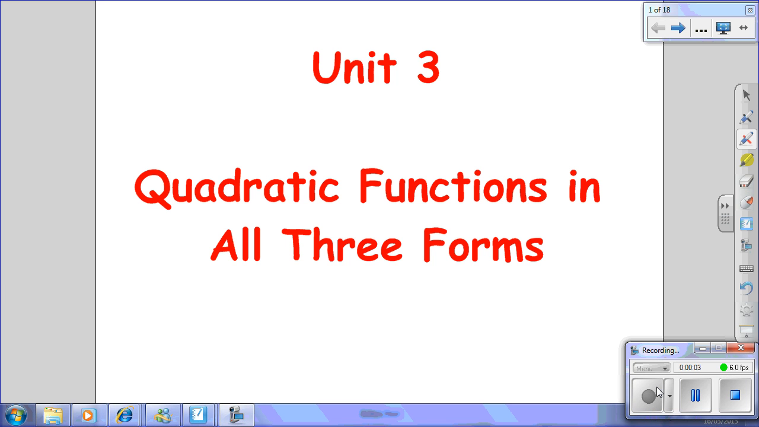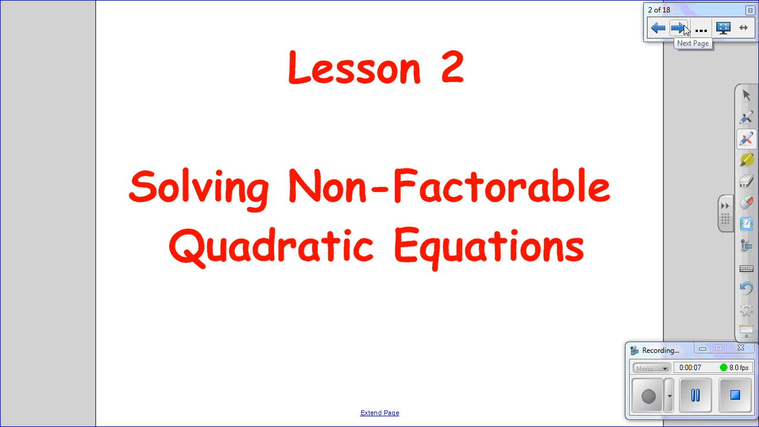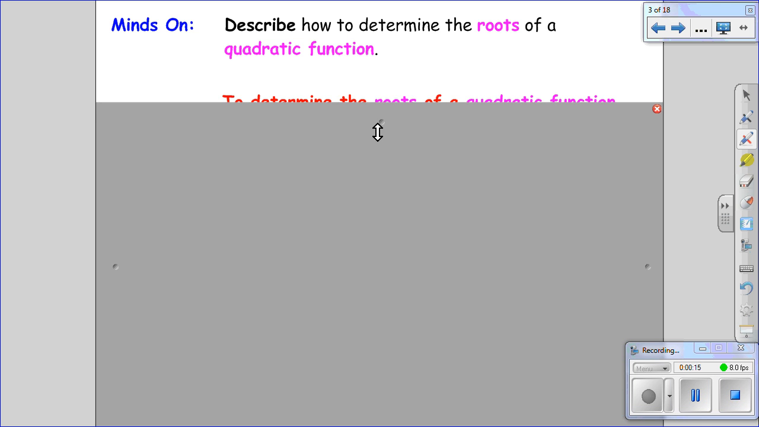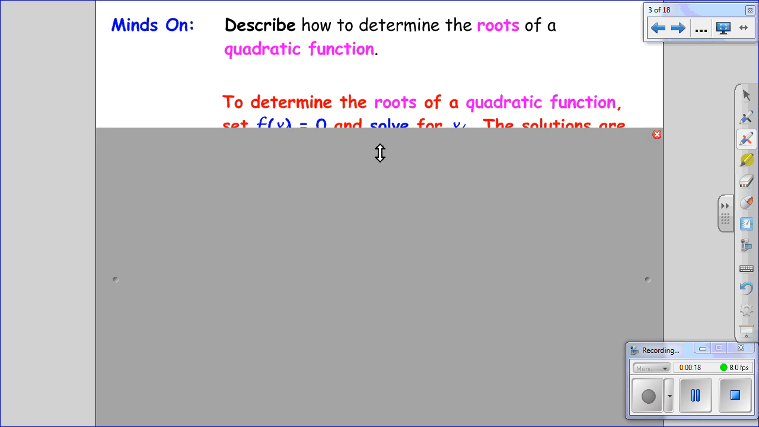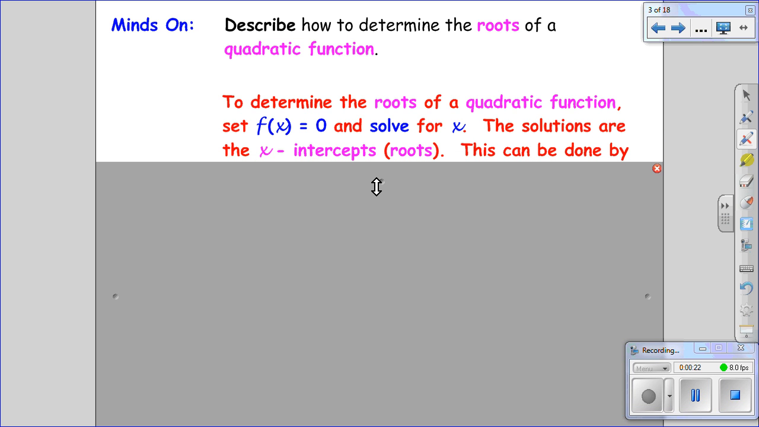Quadratic functions in all three forms and how we can go about solving a quadratic equation that's not factorable. So the first thing we have to think about is, how do we find the roots of a quadratic function? In order to do that, we can set f of x equal to 0, solve for x, and the solutions, or the x-intercepts, the roots, the zeros,